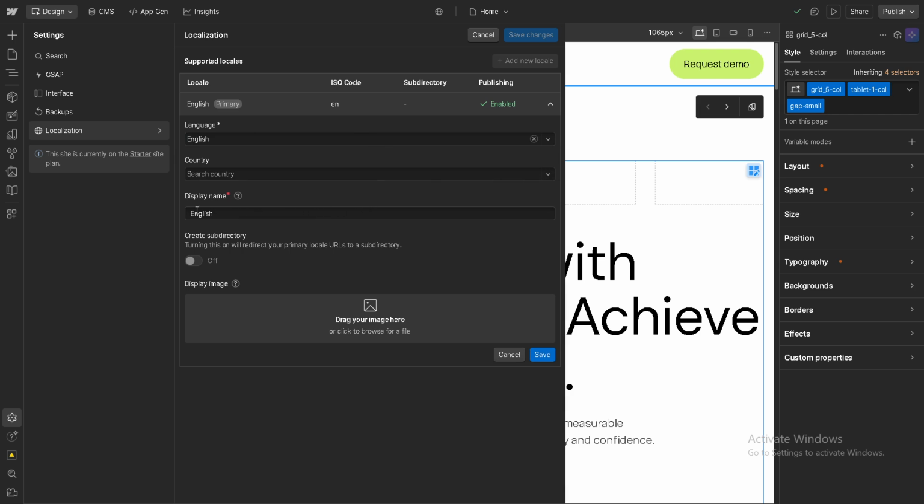You will be presented with an array of settings to configure for your default language, such as the display name and whether or not it should be published to a subdirectory. A good example here might be setting the display name as English and deciding to publish it to a subdirectory such as EN. But the beauty of Webflow localization settings lies in the ability to add even more languages to